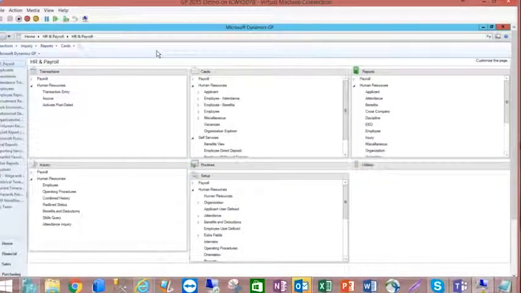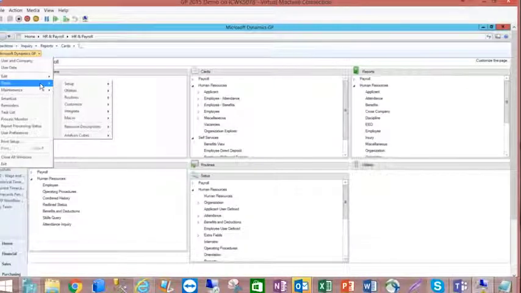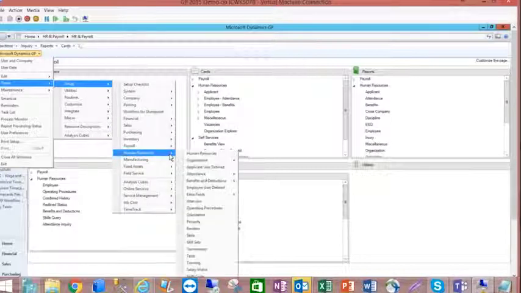So let's go into some of these in more detail. Under Microsoft Dynamics GP, Tools, Setup, Human Resources will give you the list of all the things that you need to maintain in your module for human resources. Whether it be a new implementation or a continuation of the use of Microsoft Dynamics GP HR, this is where you would go to put any configuration